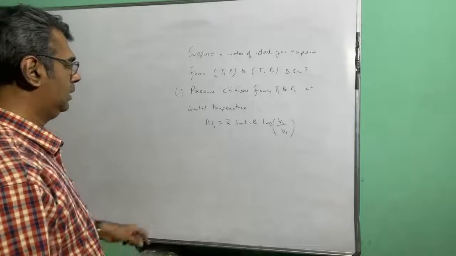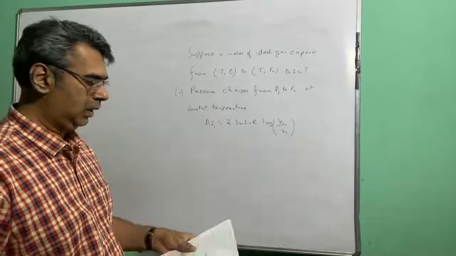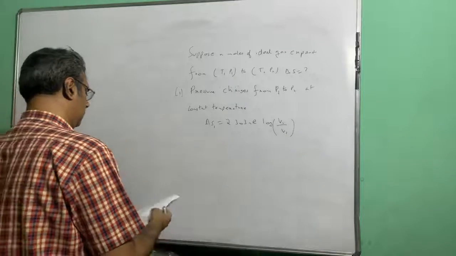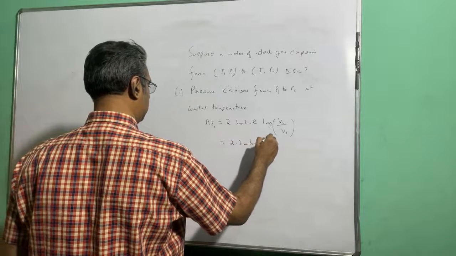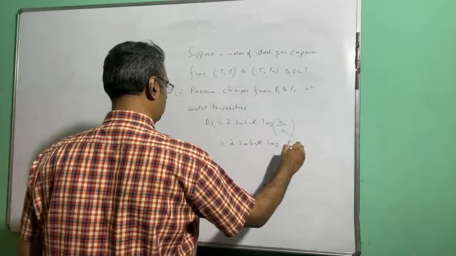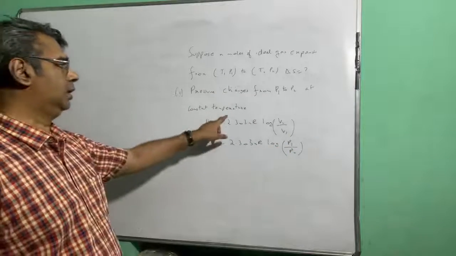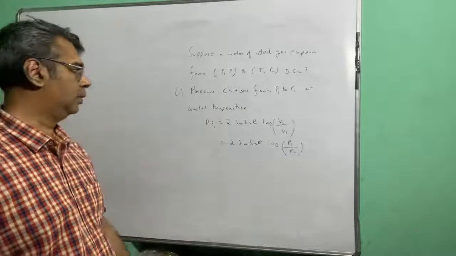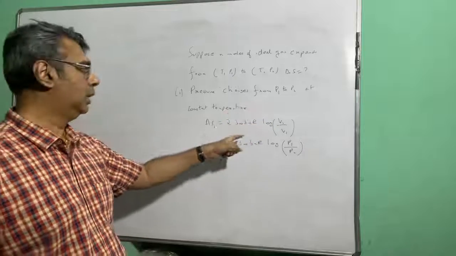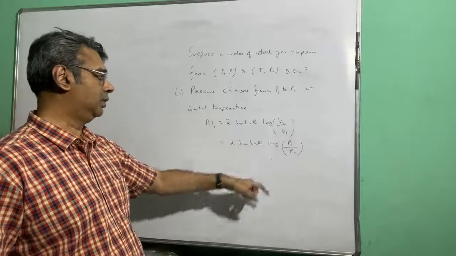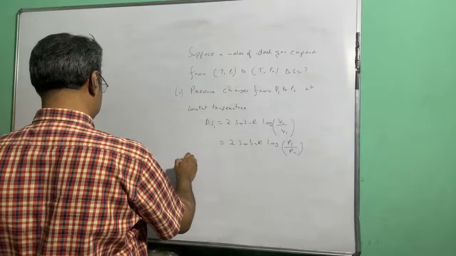In that case, since temperature is constant, we can write 2.303 nR log V2 by V1, and we can also write 2.303 nR log P1 by P2. So since the temperature is constant and pressure is changing from P1 to P2, we can say the change in entropy, by using that formula which I showed you, is 2.303 nR log V2 by V1 or 2.303 nR log P1 by P2. Secondly,